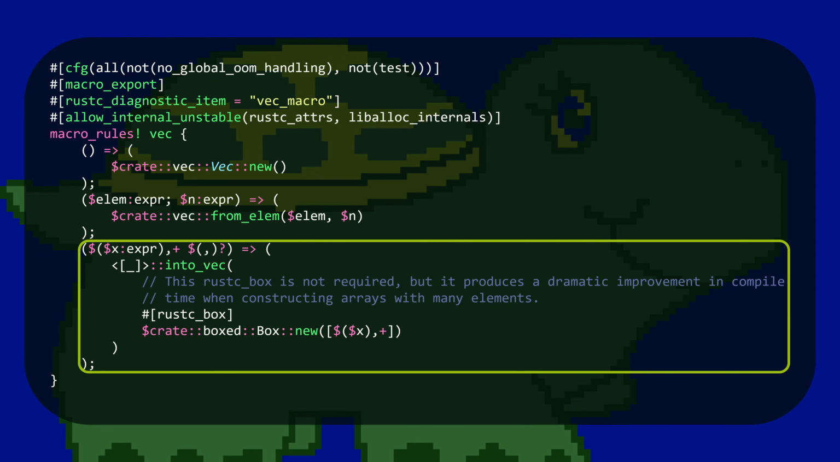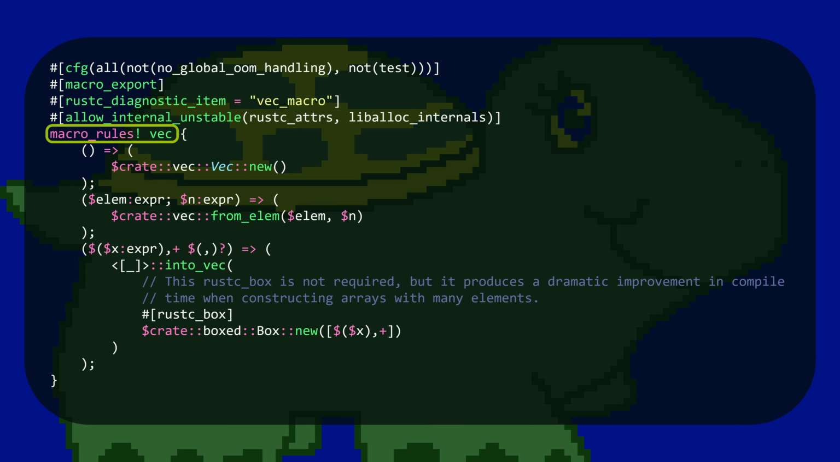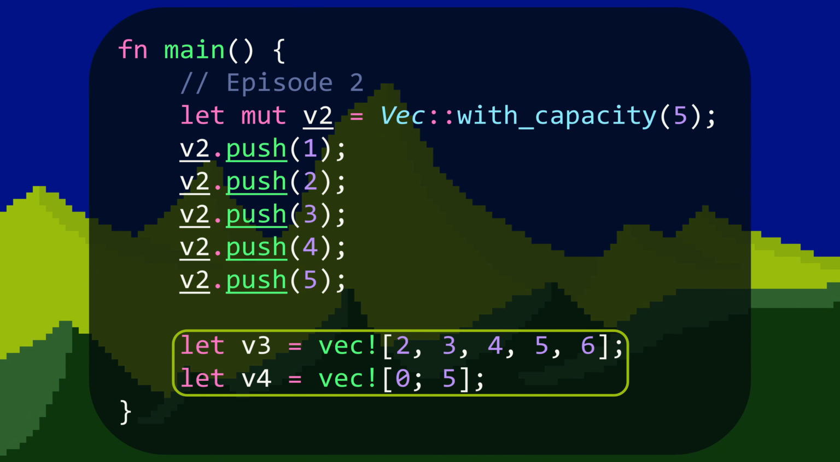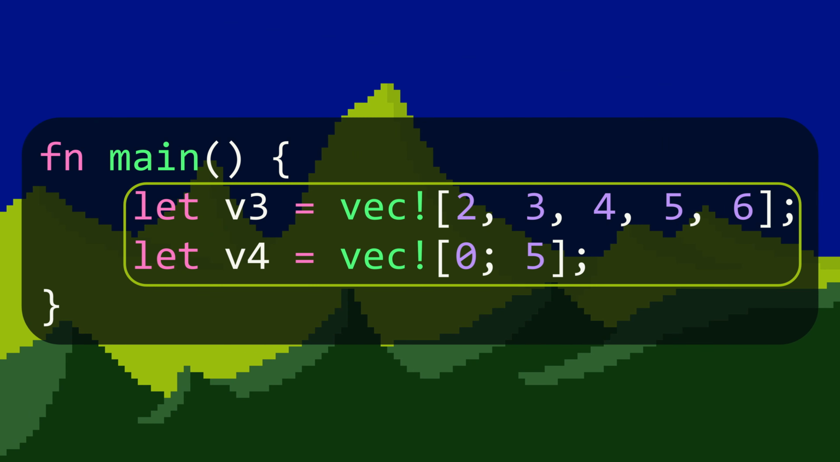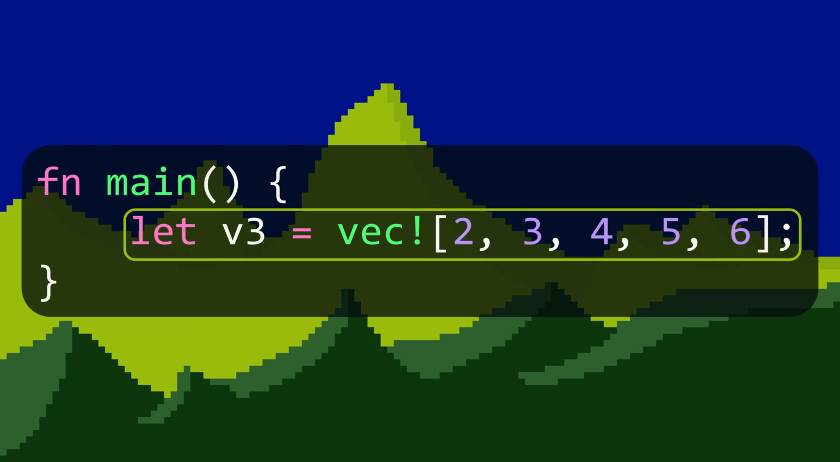The third matcher is for creating a specific sequence of expressions. The matcher matches a list of expressions x with an optional trailing comma. This is the first matcher that we'll check out. So those are the 3 cases of the vec macro. In main, we have 2 uses of this macro. v3, a vec with 2, 3, 4, 5, and 6, and v4, a vec with 5 zeros. Let's start with v3. We expect this to create a vec populated with the elements 2, 3, 4, 5, and